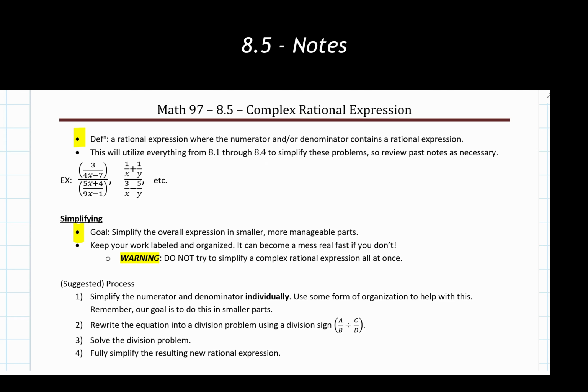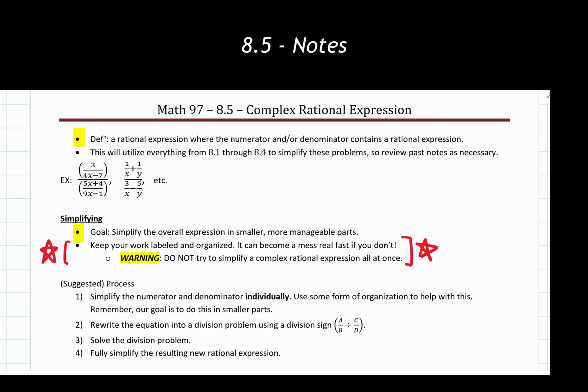Now, when we are doing this, two things are absolutely essential in the suggested process we're going to have here: you keep your work organized and you keep your work labeled. A lot of people try to go through this as quickly as they can, and they don't do all the necessary labeling and organization steps, and that tends to create problems later on, mainly because we don't know what we just did, we don't know where it goes with the previous step, we don't know where it goes with what we're doing next, and we just in general lose track of what's going on. So organization is huge with these.